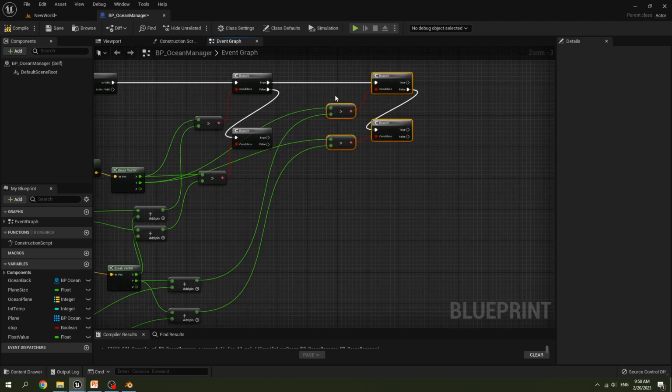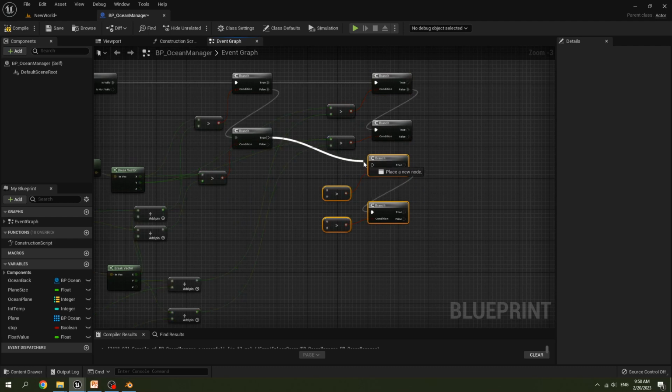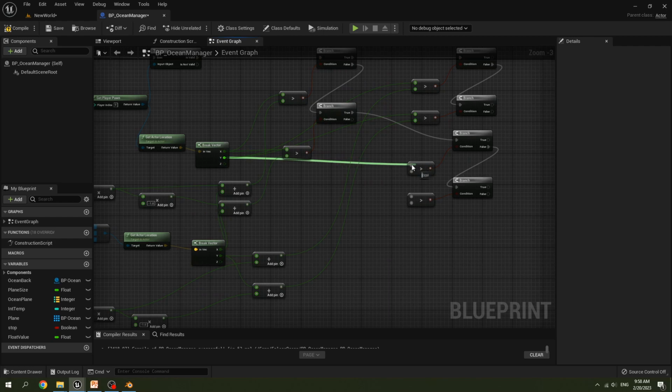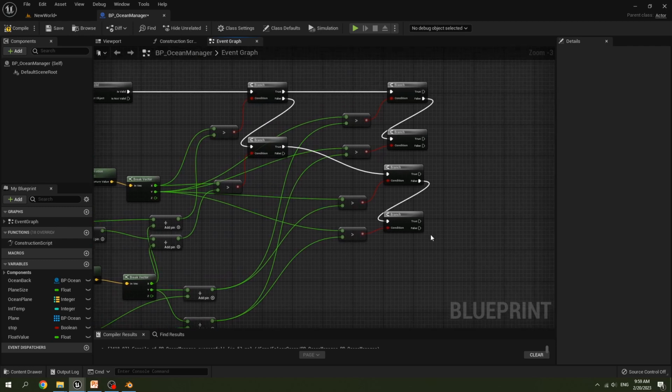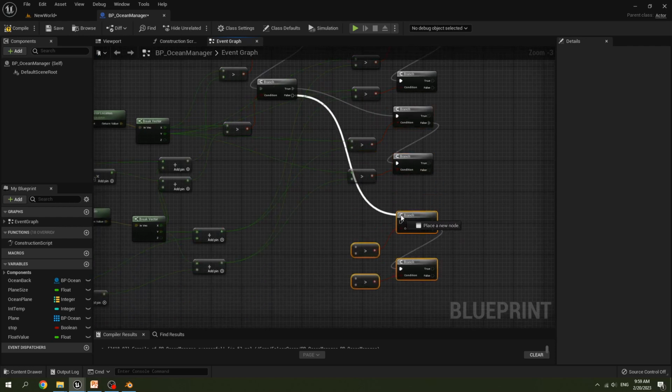And copy this and compare it the same on another branch. Get y, connect it, and again we compare it with the fail condition.